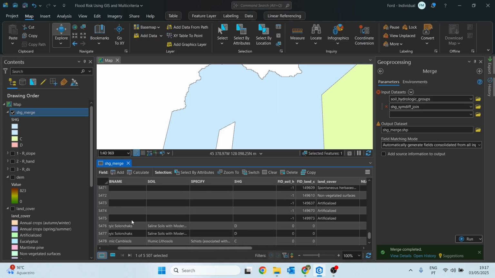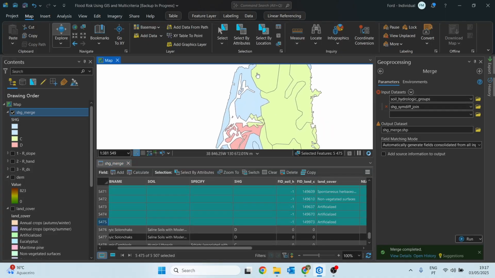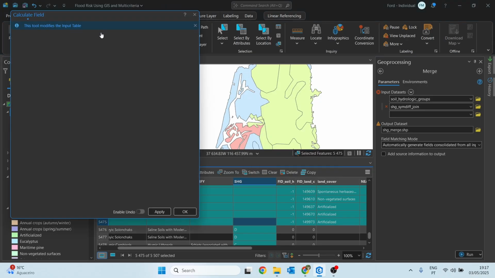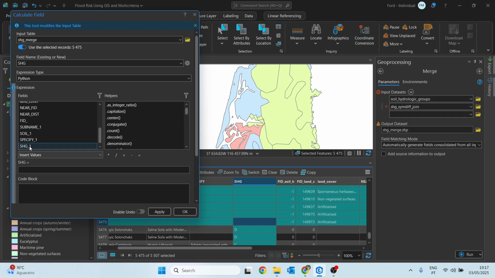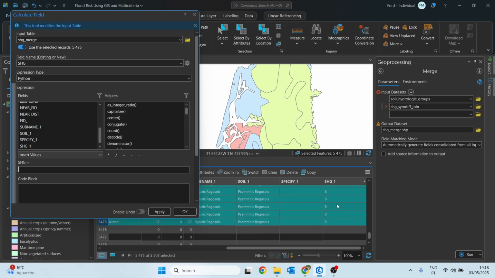Next, we right click on the SAG field. Here, click on Field Calculator or Calculate Field. And we just need to say that this selected column needs to have the values of SAG_1, because here we have the values.